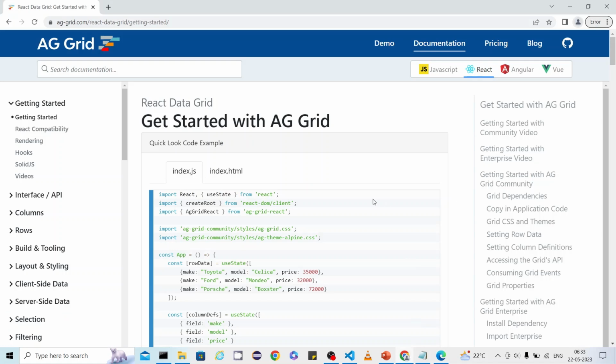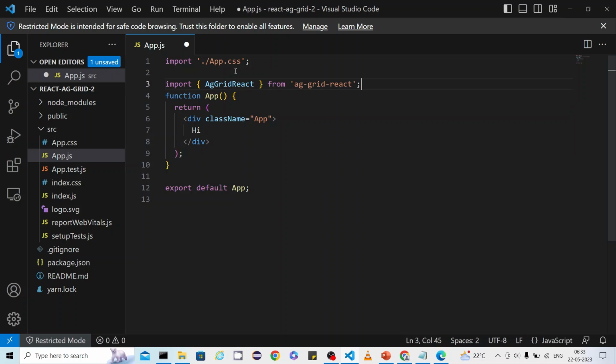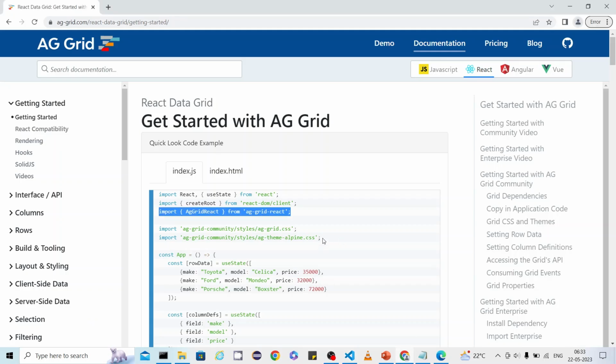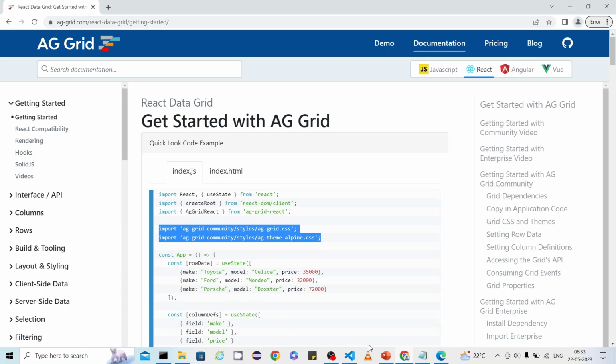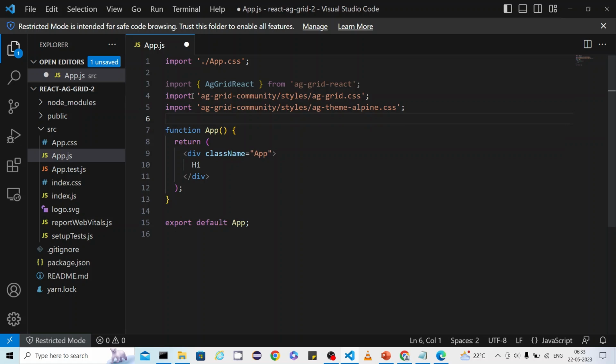You have to import this AgGrid component into your component. After that you have to import the necessary CSS into your AgGrid component. So this is done. The next one is we are going to use the